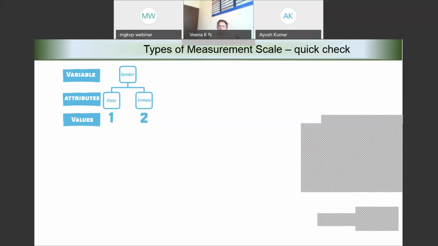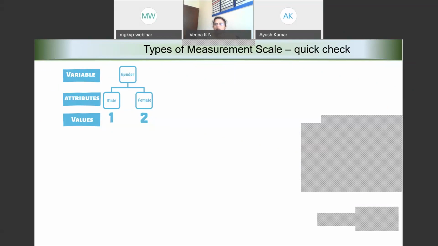It is male and female, and we call male as 1 and female as 2. So is it a nominal scale, ordinal scale, ratio scale, or interval scale? What do you think is this scale used for the variable called gender?